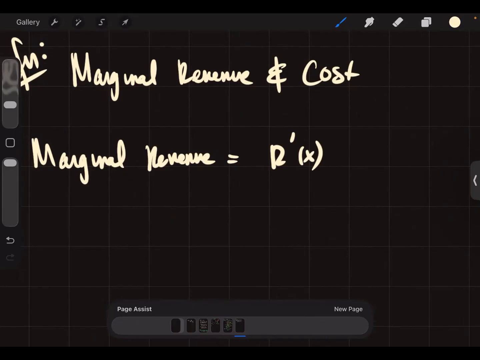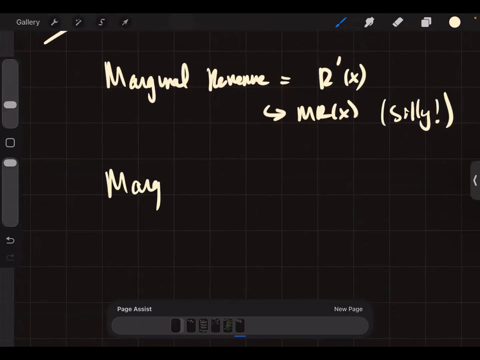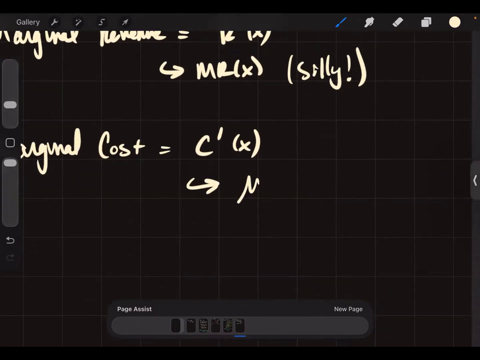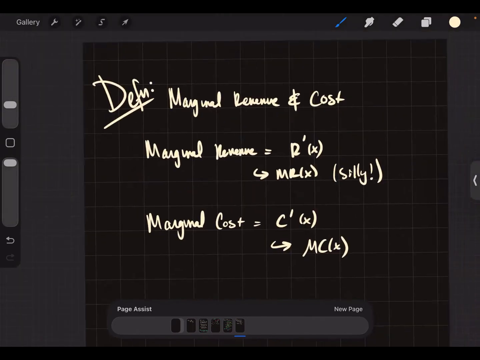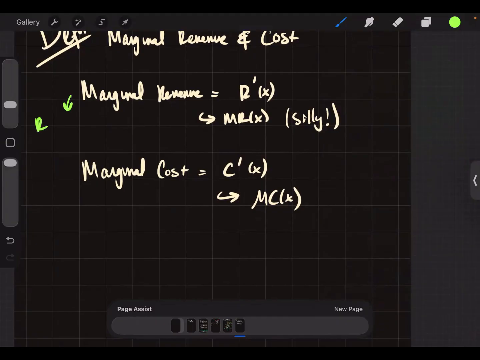Your book calls it M of R or MR of X, and I think that's silly. Your marginal cost is equal to C prime of X. And again, your book calls it MC of X. Okay. All these tell you is rate of change of revenue, which is how much money your next product